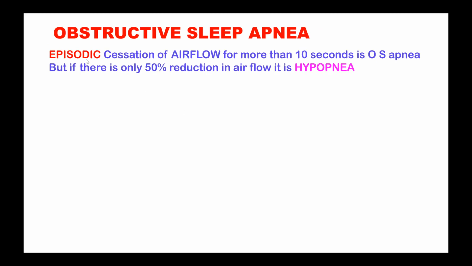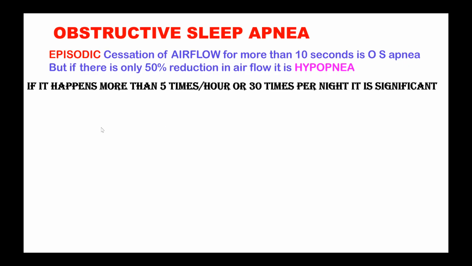It is defined as episodic cessation of airflow for more than 10 seconds. They will usually ask this definition. How do you define obstructive sleep apnea? It is an episodic cessation of airflow for more than 10 seconds. But if there is only a 50% reduction in airflow, it is called hypopnea. And if it happens more than 5 times per hour or 30 times per night, it is a very